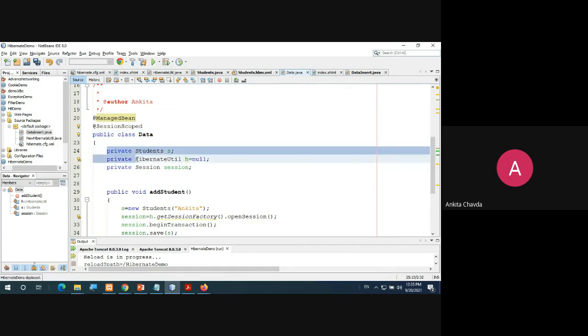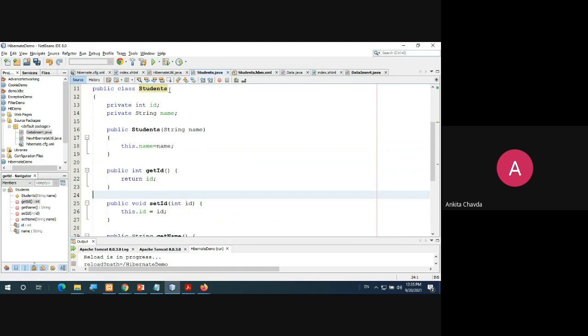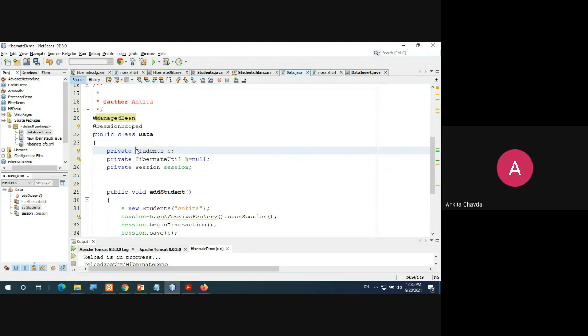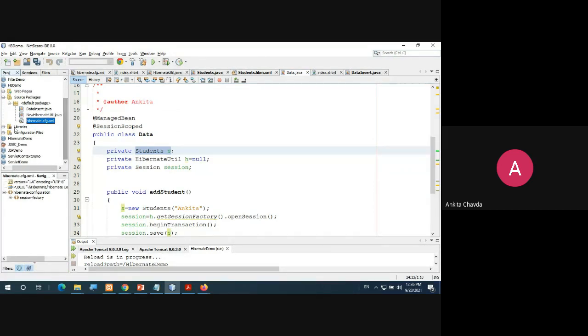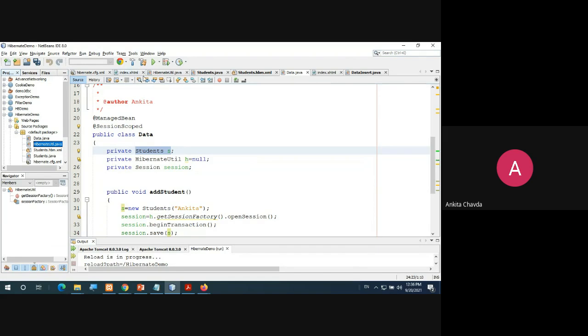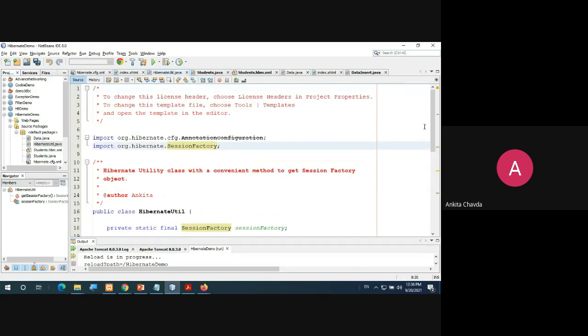In that you are writing private Students, because you have created the Students class, so you are creating an object of that here, private Students s. Then you have this HibernateUtil.java class that you created just for the session factory.